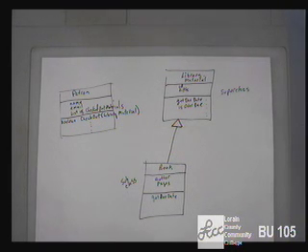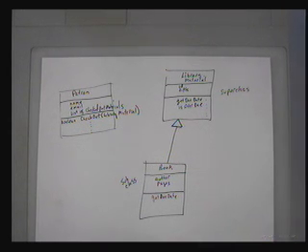Some questions you're going to ask of the patron, because they're the patron's business, right? For example, do you have more than 10 books checked out? Well, that's a question the patron is going to ask itself. Yes, I have more than 10 books checked out. Well, then you can't check out this book. Or, no, I don't have more than 10 books checked out, in which case, it's okay, I can check out this book. Some things you're going to ask of the book, like, are you already checked out? And the book is going to say, yeah, I'm already checked out. You can't check me out. Or the book's going to say, no, I'm not checked out. You can check me out.